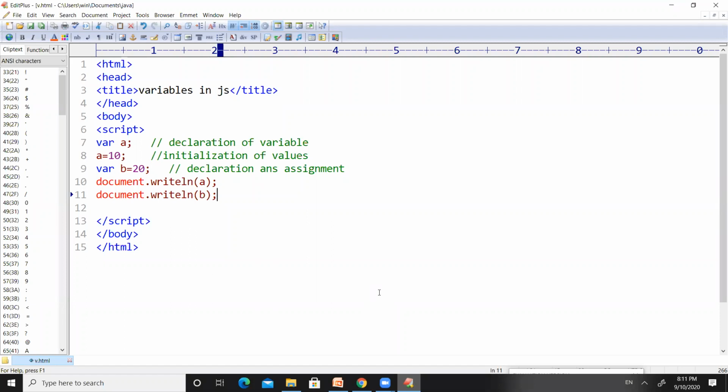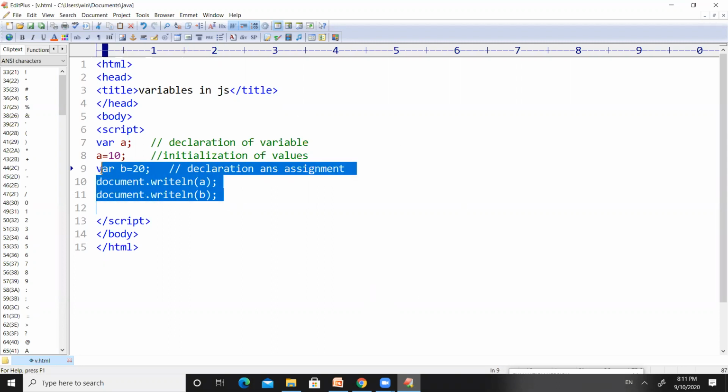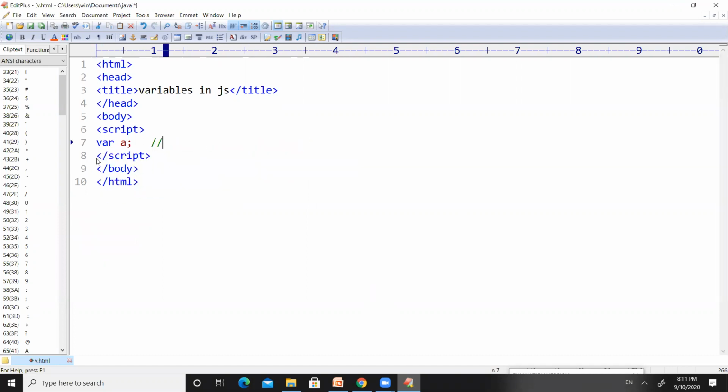So here, now let us see how we can define global variables and how we can define local variables. I'm deleting this code and I will rewrite it. Let us define variable a equal to 10 semicolon, and then I want to use one function, right?